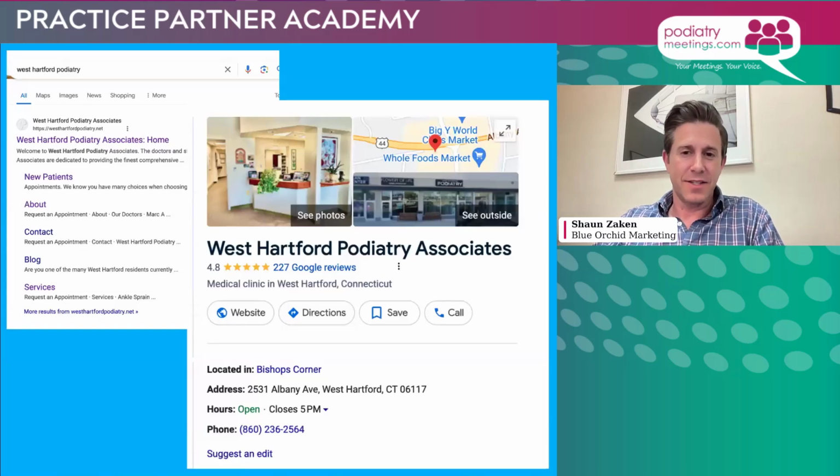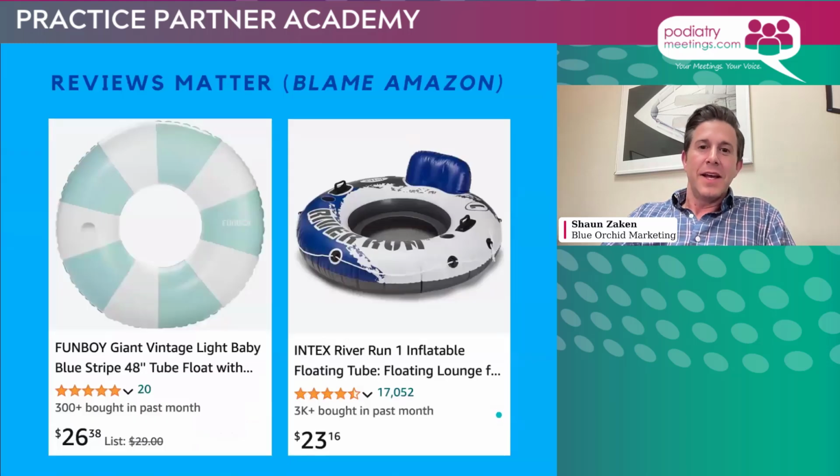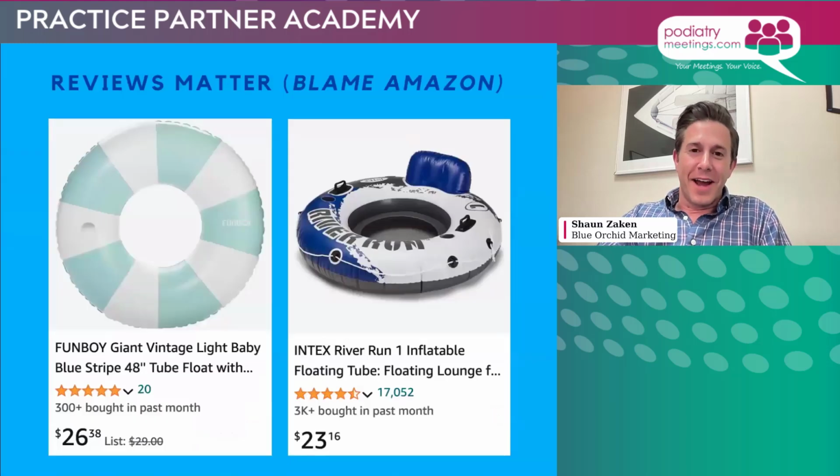So this is a really important opportunity to go out and try to grab positive testimonials on behalf of the practice. And to drive that home even more, here's a simple example that I put together from two different products on Amazon. At face value, these are two inner tubes. They look pretty similar for about the same price. Only one has 20 positive reviews and one has over